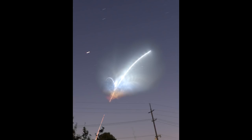And it appears that that Falcon 9 first stage has just stuck the landing at LZ-4 at Vandenberg Air Force Base. This is great news for everyone here at SpaceX. Reminder that this is the first time we've ever landed a rocket first stage back at Vandenberg Air Force Base. The new landing pad's been constructed on the site of the former Space Launch Complex 4W, from which Titan rockets